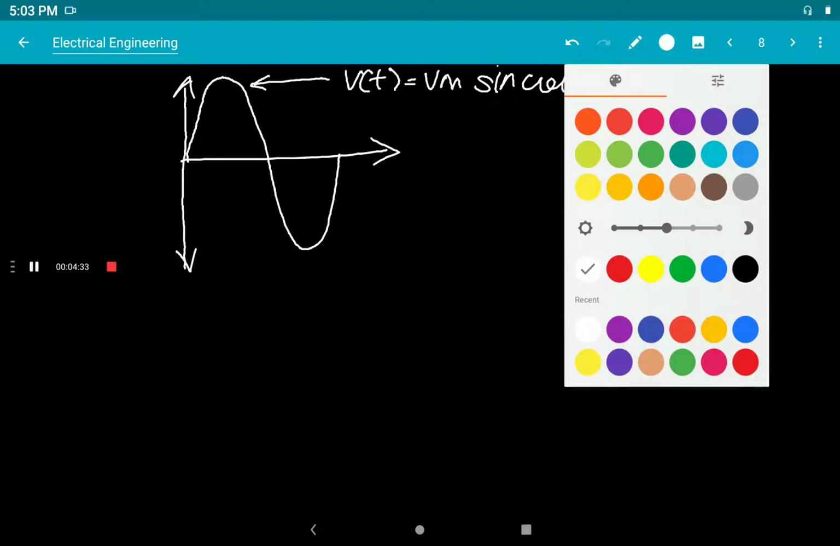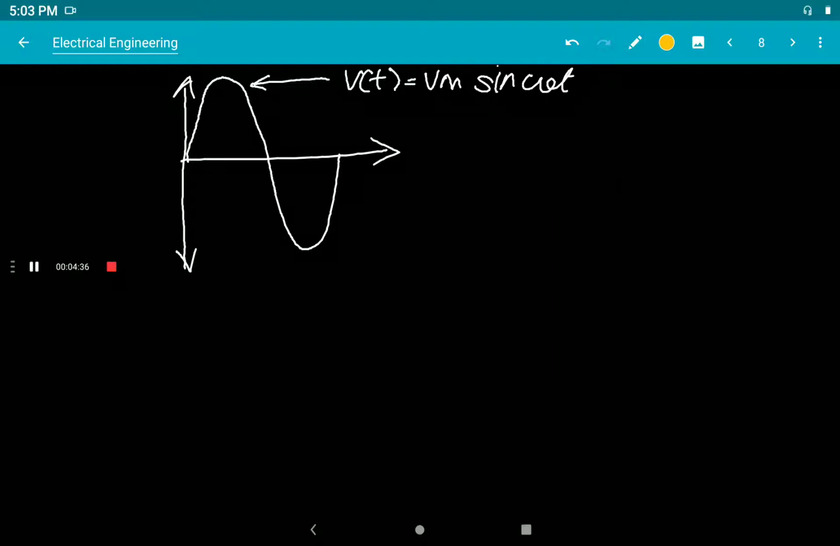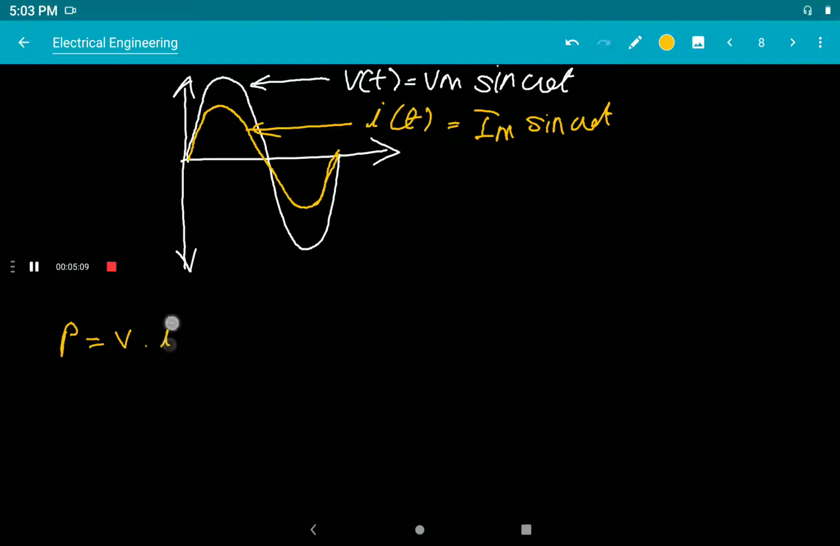And this one is the current waveform. The magnitude will be different for I, that is I of t is equal to Im sin omega t. This will be the voltage and current relation in a pure resistor. That is, the voltage and current are in phase. And the instantaneous value of power will be V into I, or we can write it as Vm sin omega t into Im sin omega t,